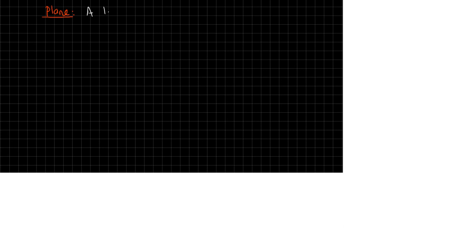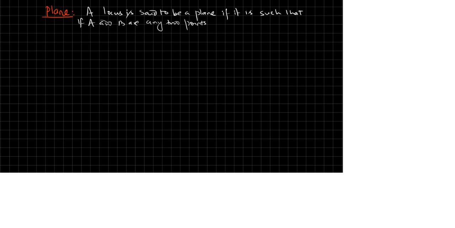A locus is said to be a plane if it is such that, if A and B are any two points on the locus,